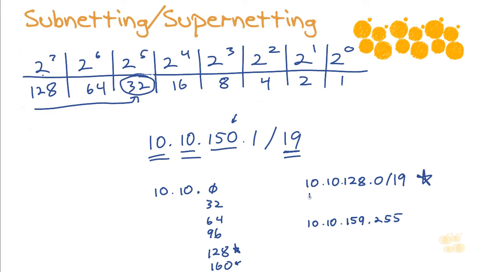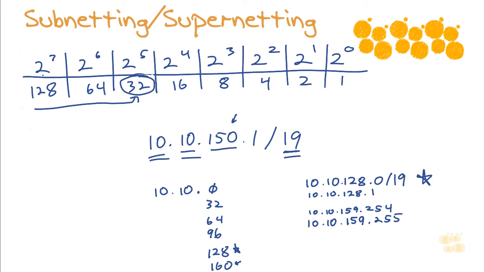The first usable would be 10.10.128.1. The last usable would be 10.10.159.254. So, utilizing this cool magic number, we can figure out exactly where we're at in our network address space,